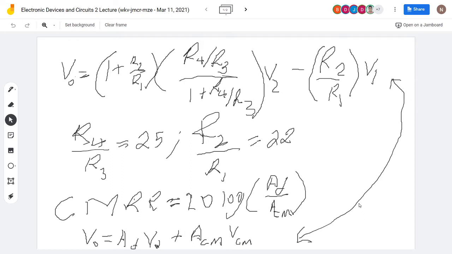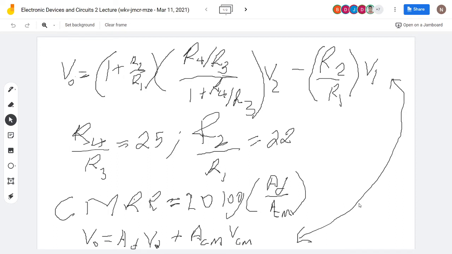Thank you. Okay. So we can make V2 the subject of the formula from here. V2 will be what? VD minus VD plus V1, right? Am I correct? From this expression, just make V2 the subject of the formula. And if we know that V2 is that, then we can place V2 back in this